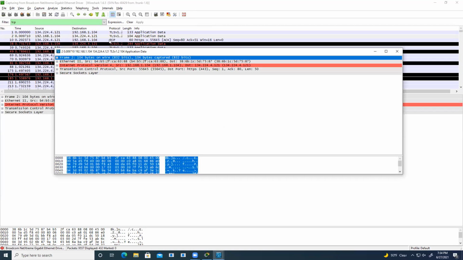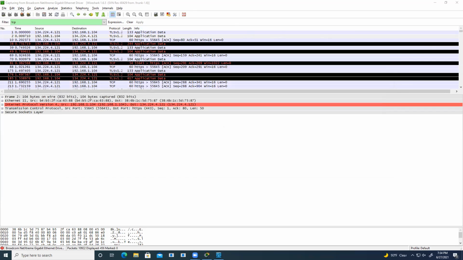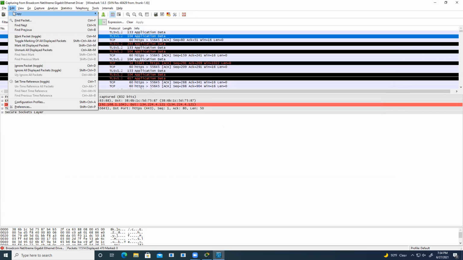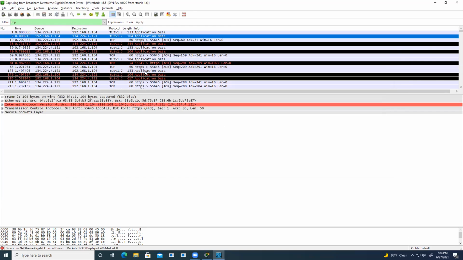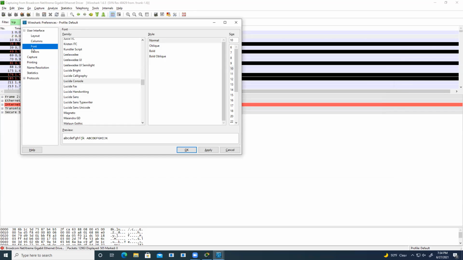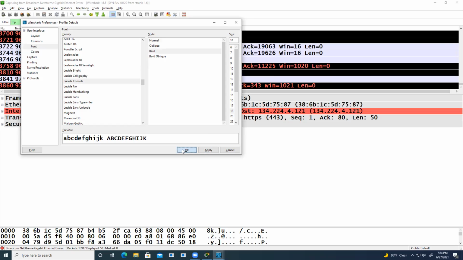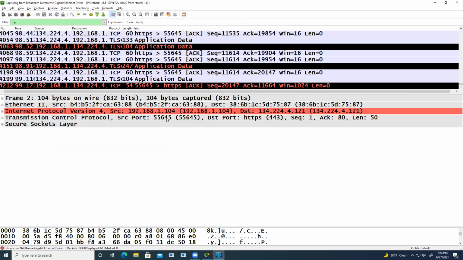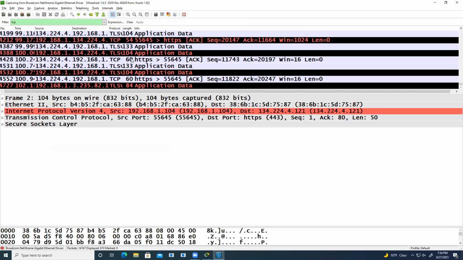Let me see if I can maximize the font size. Okay, maybe you can see the bigger screen now.